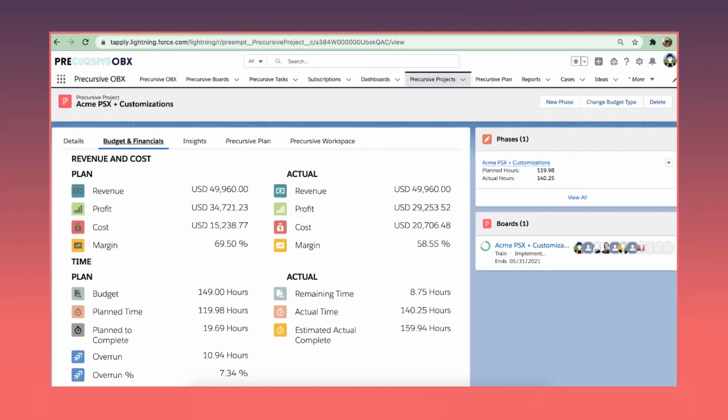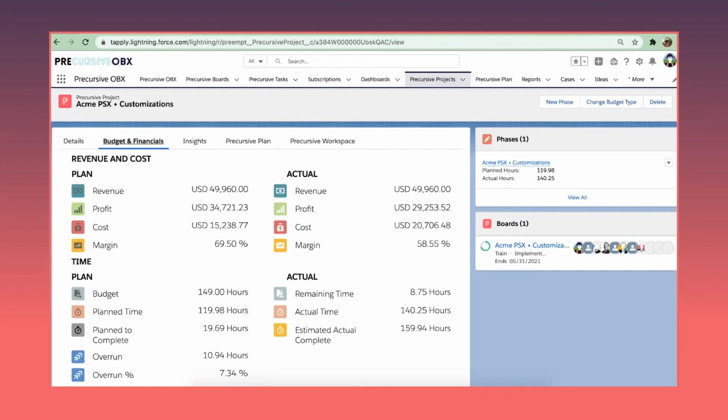One area you can't afford to not have access to is the project financials. So within Precursive, we visualize this on our budget page. The figures used here are rolled up from the opportunity, the plan time, and actual submitted time, and we've got a couple of custom fields here as well for the overrun. This is a sample project, so we can quickly calculate how you track your margins, the profit and the cost for both fixed price and time and material deliveries. You can see how that planned